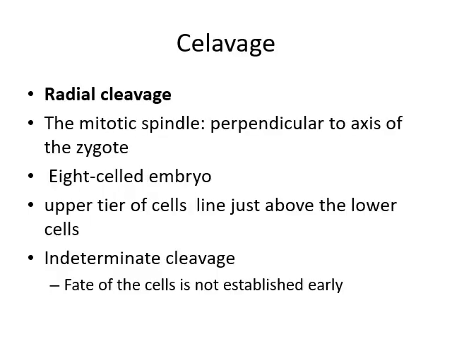Here is again the cleavage. Cleavage is a radial cleavage. So in this, the mitotic spindle will form perpendicular to the axis of the zygote. Perpendicular means at a 90 degree angle. When you consider your hand, your finger and your thumb form a 90 degree angle. So in this case, in the 8-cell embryo, the upper tier of cells will be just above the lower tier of cells. There will be no angle